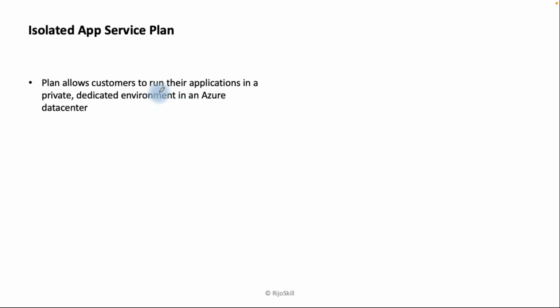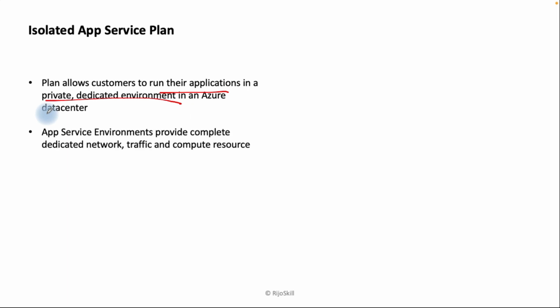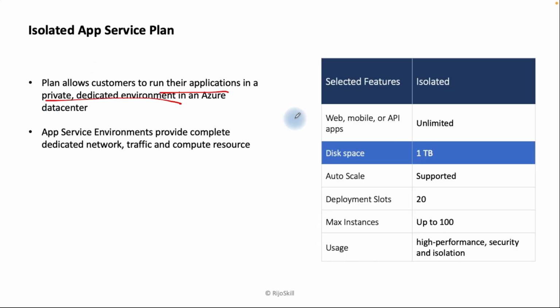The isolated plan allows the customer to run their application in a private and dedicated environment. So you will get the dedicated environment in the app service plan. So you just go for the isolated plan. App service environment provides completely dedicated network, traffic and compute resources. So it supports auto scaling and deployment, and a maximum of 100 virtual machine instances and high performance